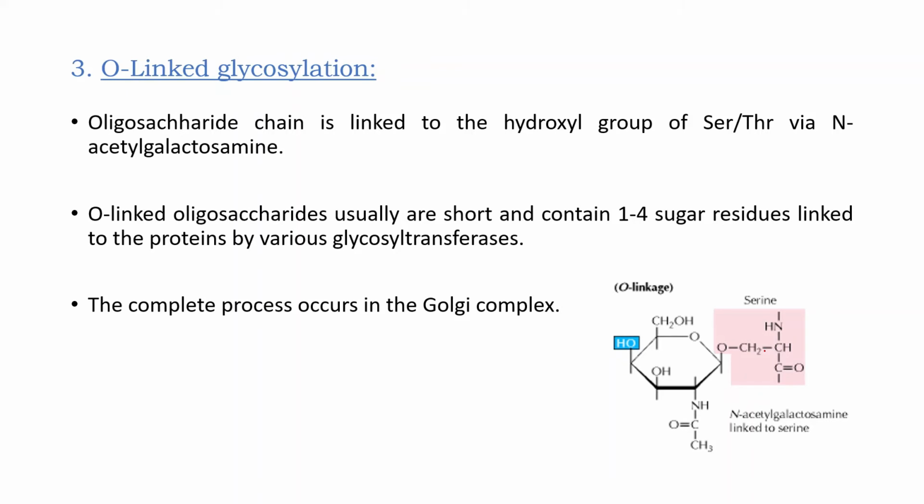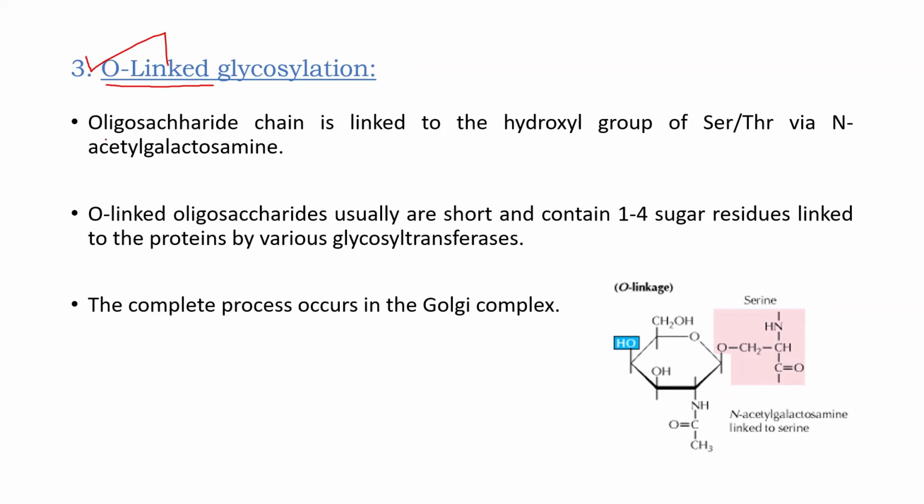Now, the third and very important function of Golgi bodies is O-linked glycosylation. Some proteins undergo O-linked glycosylation and some proteins undergo N-linked glycosylation. So N-linked glycosylation of proteins begins in the RER, I already told you, and ends in the Golgi. But the O-linked glycosylation starts and ends both in the Golgi apparatus. So it is beginning and ending both in Golgi.